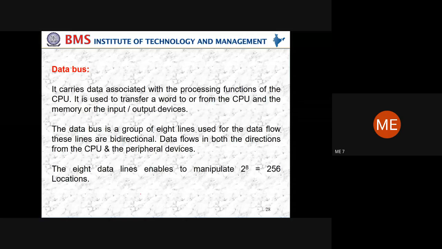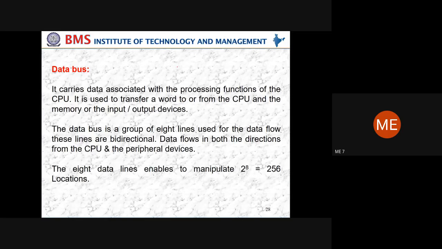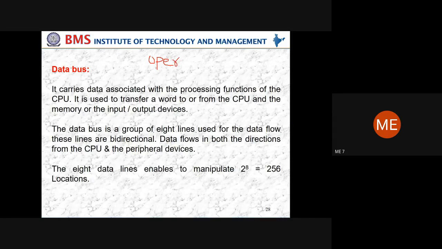So the first one is the data bus. What does the data bus carry? The data bus carries data associated with the processing functions of the CPU. Remember, data is nothing but the operand. The operand is the data upon which the